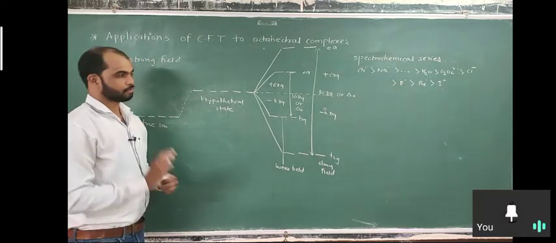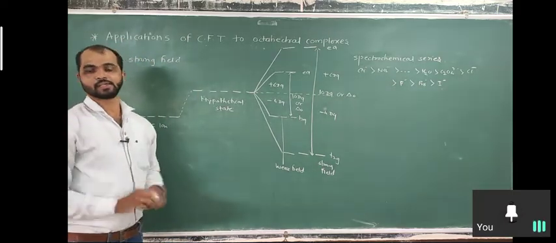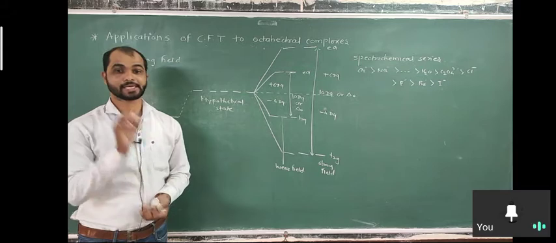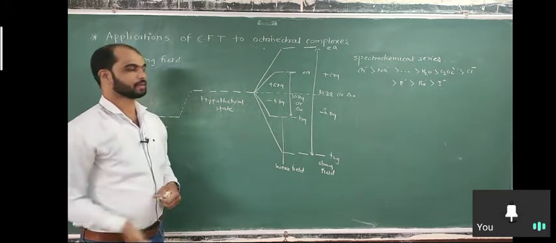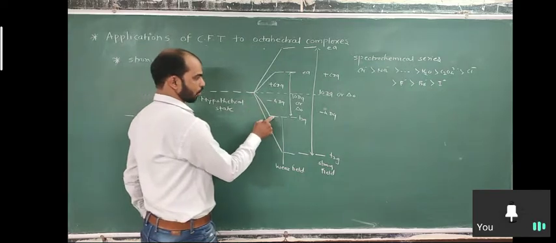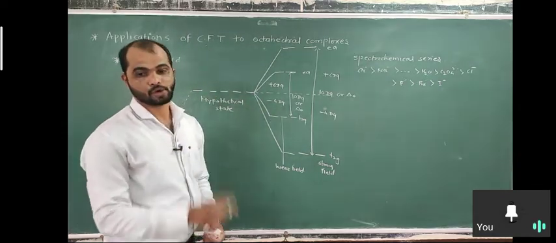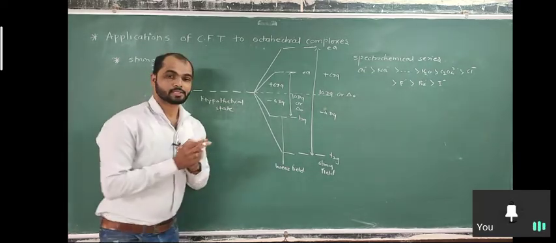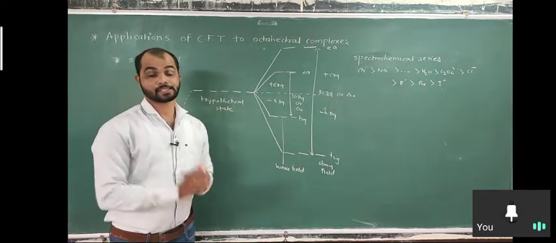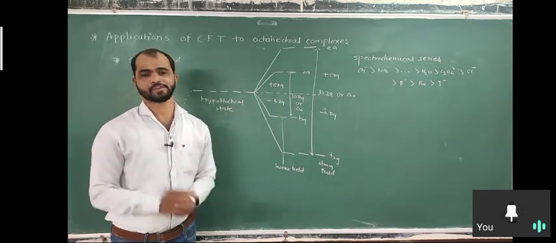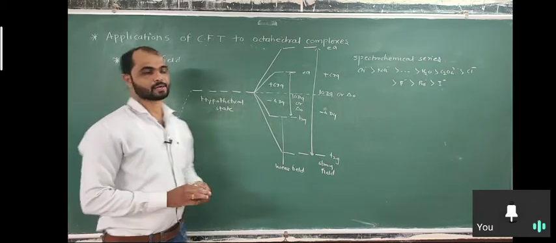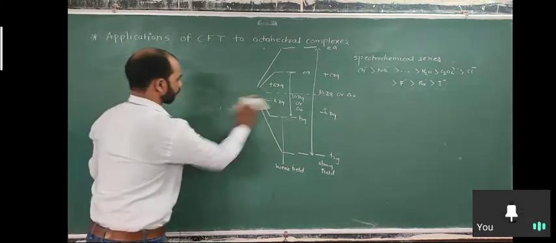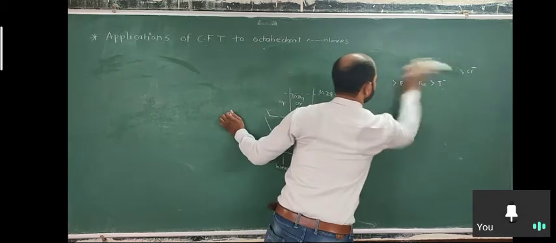So what is the meaning of this? We have considered there are two types of ligand, strong field ligand and weak field ligand. Here we are going to discuss in detail how we decide strong field and weak field. But the point is, whether it is strong field or weak field depends totally on the availability of electrons, and in some systems strong field and weak field do not influence the splitting. We will discuss that later. After that, the next point is the distribution of electrons.